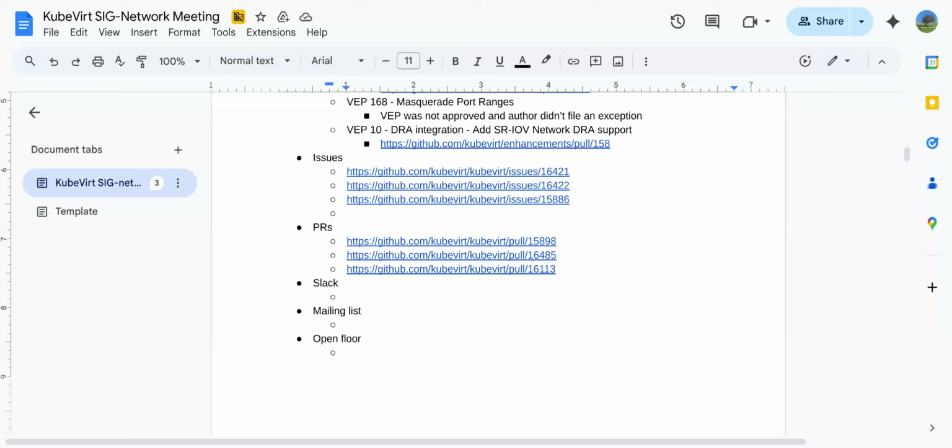The only thing that we can say is that the VEP is like the parent VEP for all the array integrations into oVirt, and the network part should also be part of it, because it needs to consider what other components are doing, like other APIs such as CPU, memory, NUMA. So we need to be aligned with everyone else and see that it plays well. That's why we have it there.